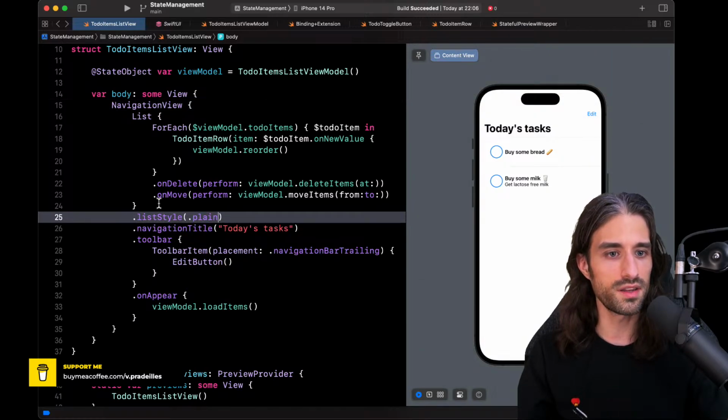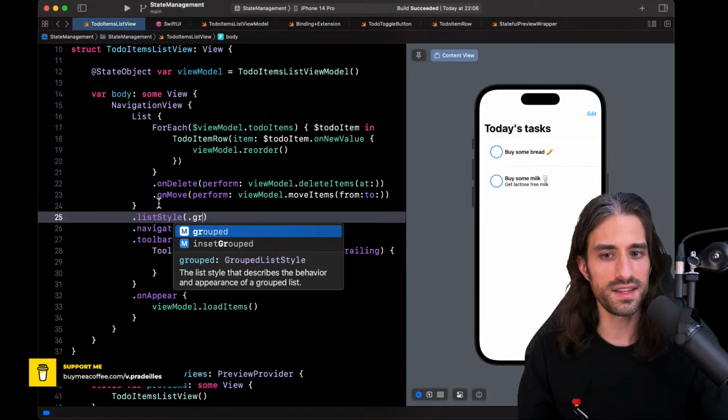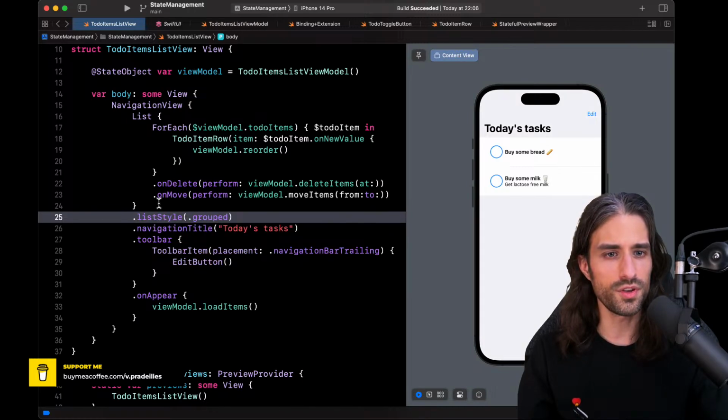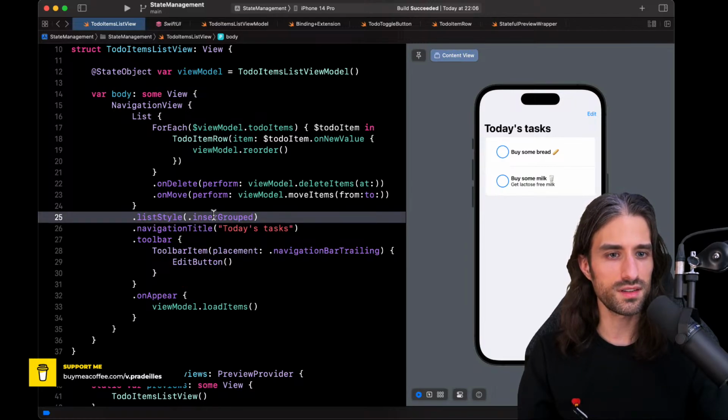So the plain one, for instance, which looks like this, which is similar to the reminder app, or the inset, or the one that I had, which I think was the grouped. So we have the grouped, which groups things, but still keeps a different color for the background, and then the inset grouped, which is, yes, the one that I had already set.